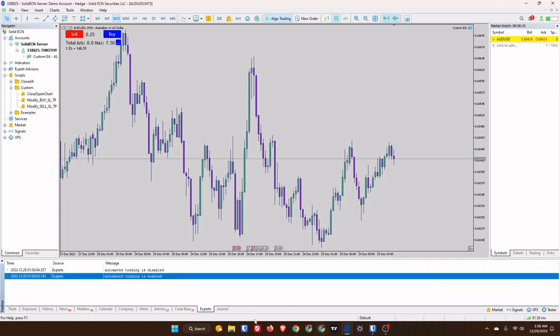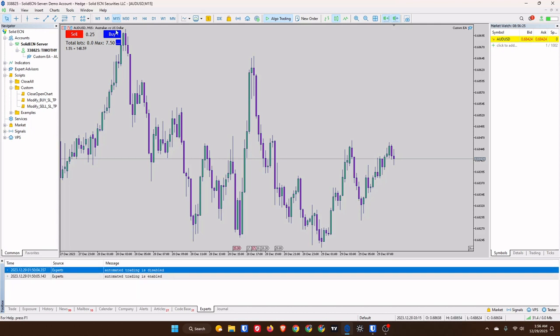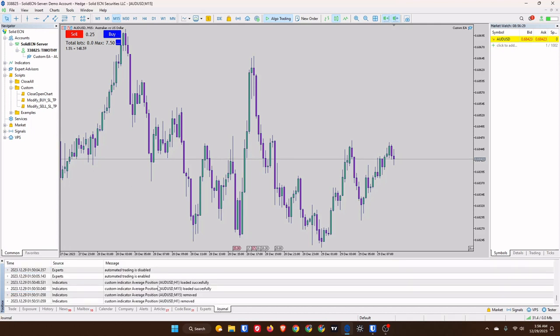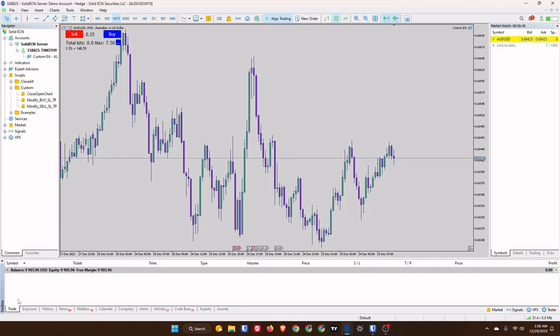Experts, I guess I never even use this, so I think this just shows you the status of your EA. Journal, this is just the status of the Metatrader and different things that have been happening on the software, so I never really checked this. This doesn't really matter that much. All right, so